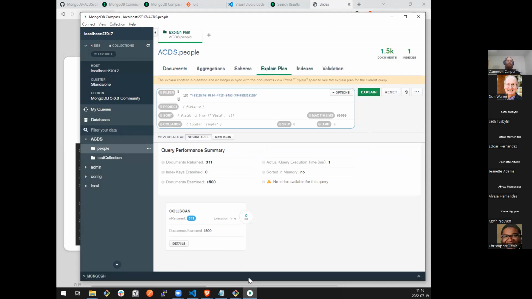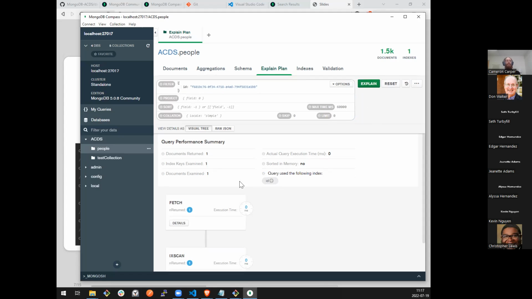if we run an explain plan on this, recall that previously it was doing a full collection scan and it had to look at 1,500 separate documents to find the one I wanted. Now that I have an index on the field I'm querying on, it had to look at one single document to know what I wanted. I said it wouldn't be a dramatic change, but I think the last fetch, granted it was on the age field, was 300 milliseconds. So we went from 300 to 0. So I guess that is a notable difference.